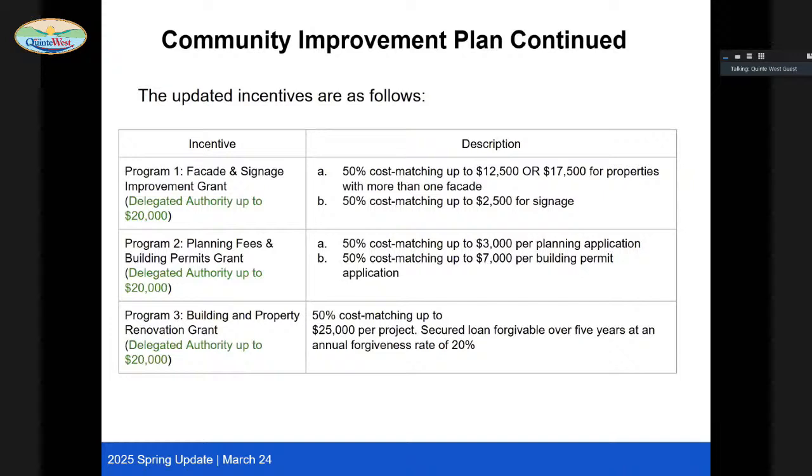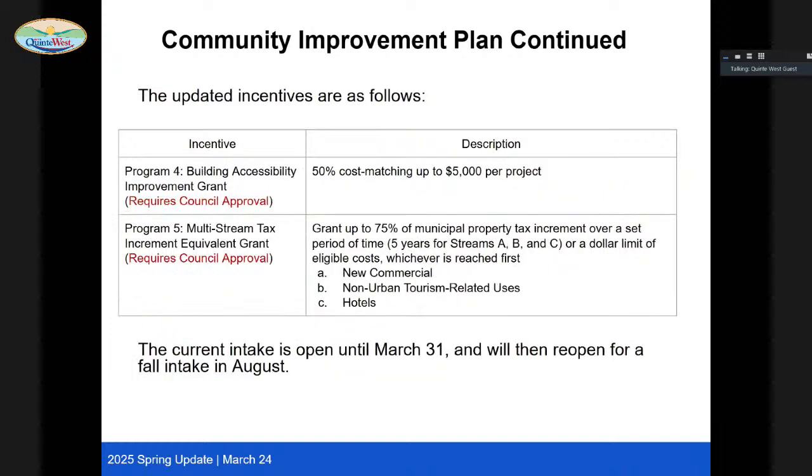So we have the facade and signage improvement grant, the planning fees and building permits grant, and the building and property renovation grant. I have outlined those amounts there. And on the next slide, I have identified the 2 that still require council approval. Program 4 is the Building Accessibility Improvement Grant, and Program 5 is the Multi-Stream Tax Increment Equivalent Grant.